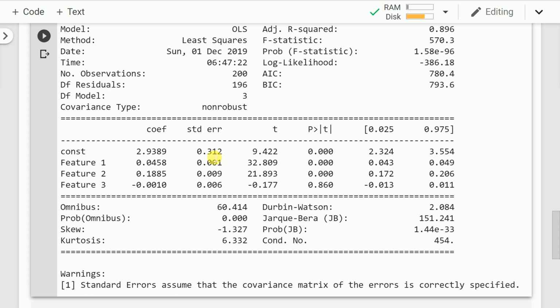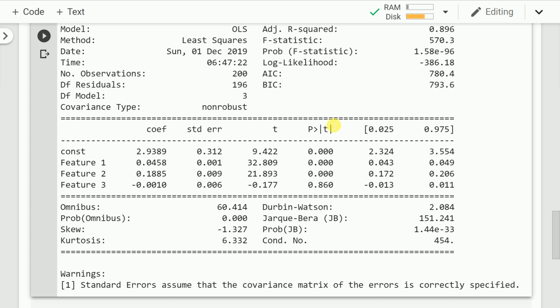The null hypothesis of a particular feature is that the feature 1 value is going to be equal to 0. And the alternate hypothesis is that the feature coefficient value will not be equal to 0. Given this hypothesis, I perform a t-test. So you have t values and you have a given p value associated with that t-test. The higher the t value, the greater the chances that you reject the null hypothesis and accept the alternate hypothesis. The lower the value of p, that simply signifies that you again reject the null hypothesis and accept the alternate hypothesis.